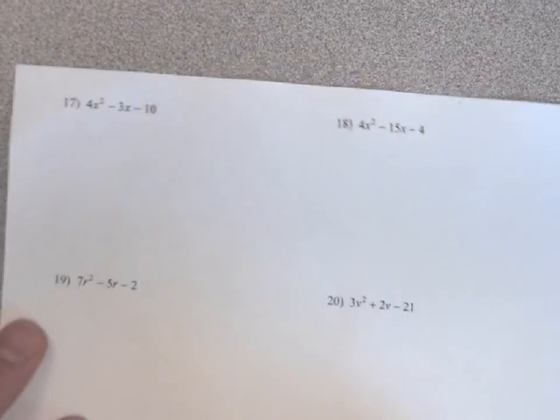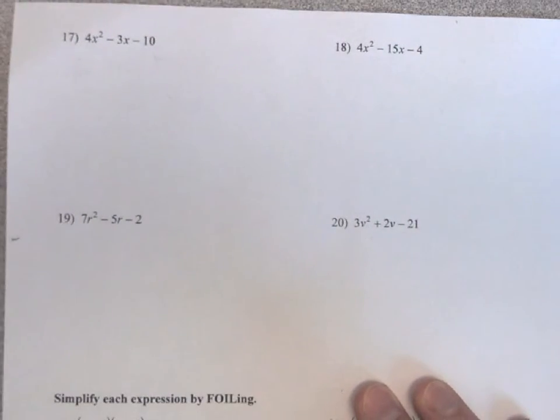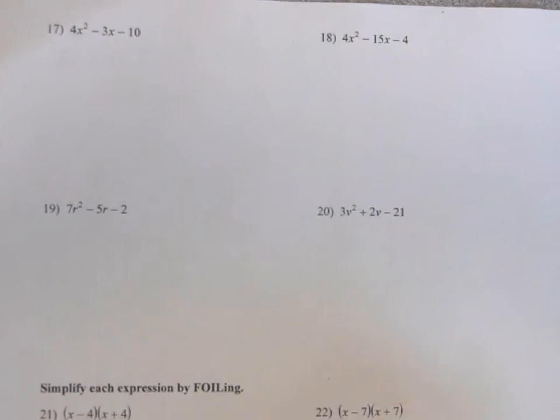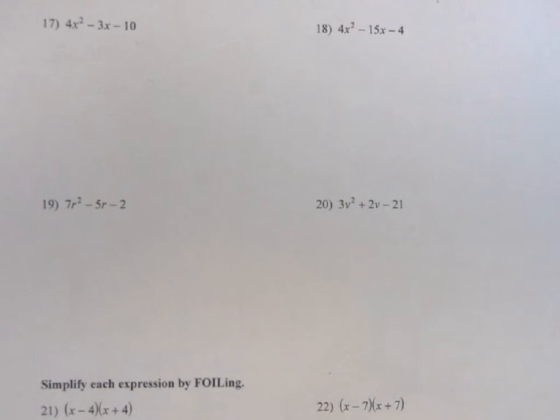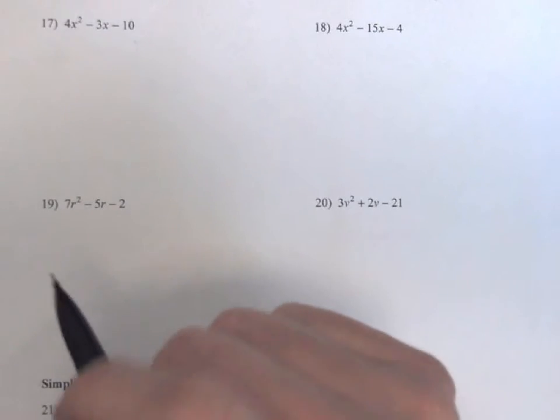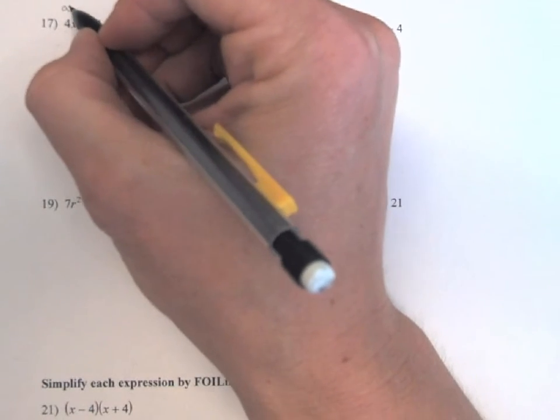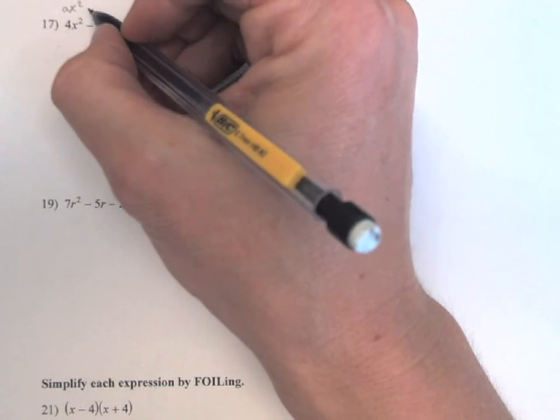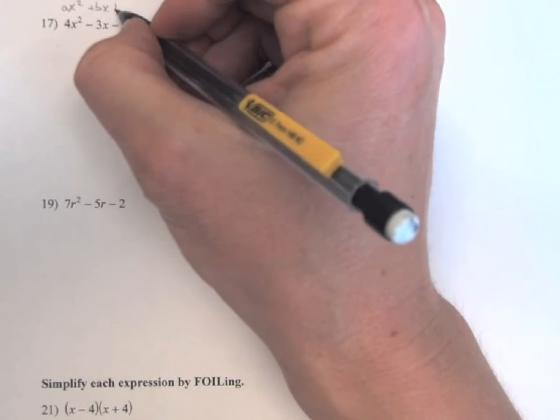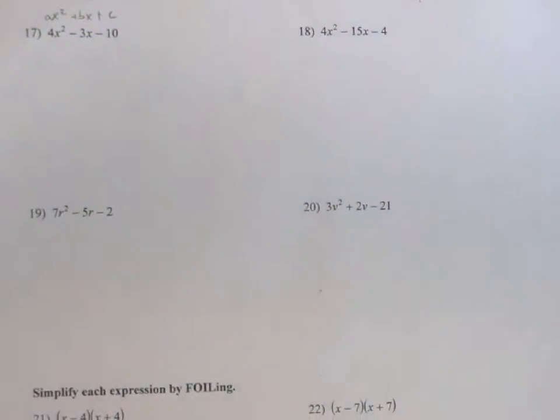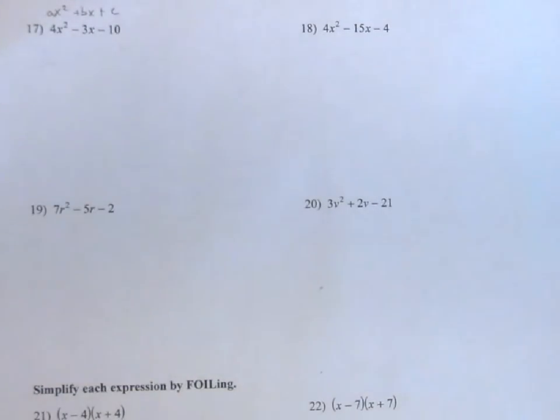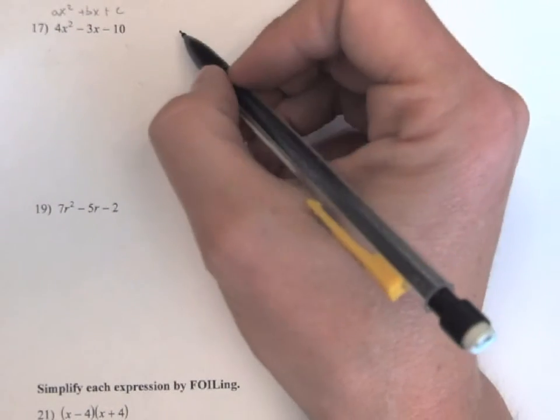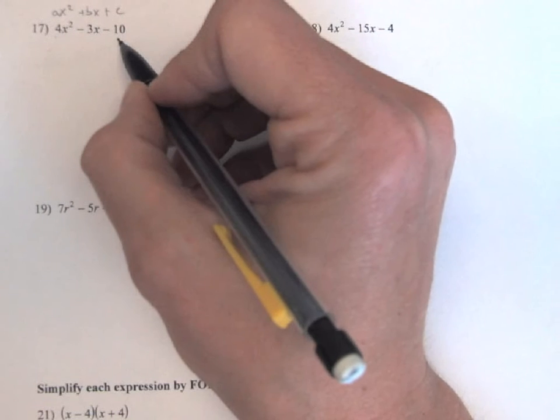factoring by grouping. Now, if you've been in my class this semester, you've seen this before. So this should be a review, but it's a little tricky. So let me show you how it works. Okay, the first thing we need is to get what we call our grouping number. And so if you remember, in standard form, or now what we're calling quadratic form, this is that form ax squared plus bx plus c. So what I want to do is multiply the a times the c to get